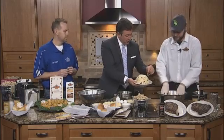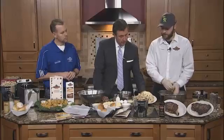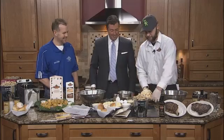So that turns into this. Eventually, yes. After some kneading, and I need to add a little bit of milk to it as well. But after some kneading and whatnot, we're going to end up with this. And this we're going to refrigerate for 2 hours. Man, look at that. It's heavy. It's a nice heavy ball. You wouldn't just drop that right on in there. I might, but I don't know. It depends on you. So then after this has sat for about 2 hours, we take it and we break